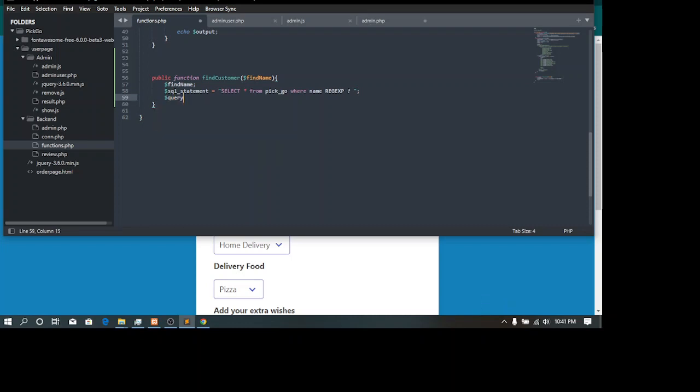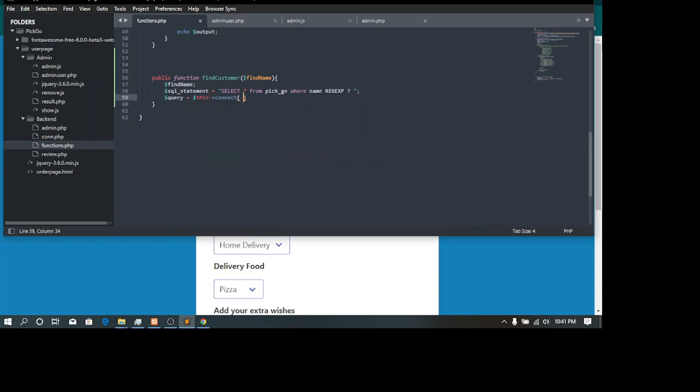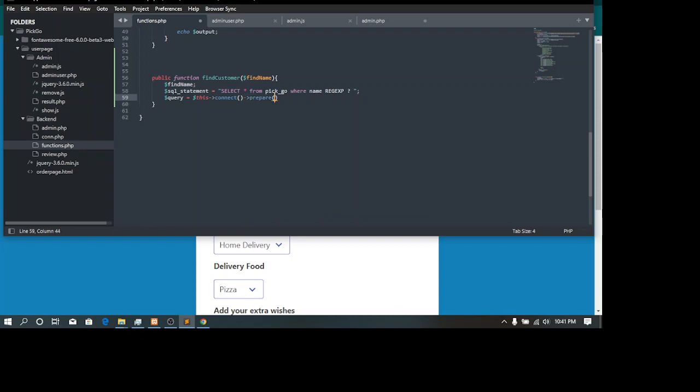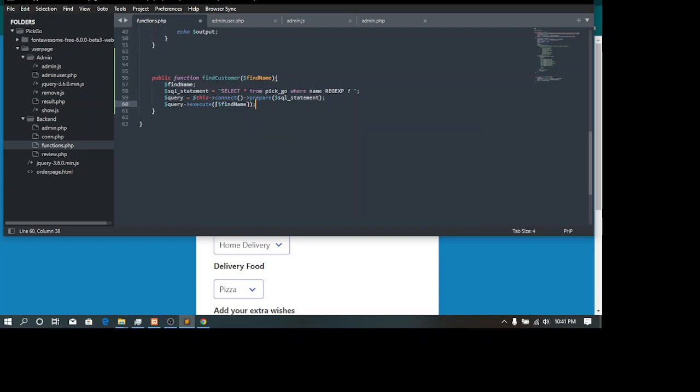So here's going to be query, because this dot connect, this dot prepare. We are preparing the SQL statement. Then we are going to execute it. This is going to be find name. Then we are going to fetch the data.